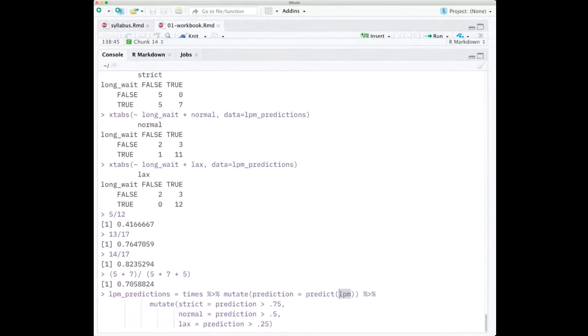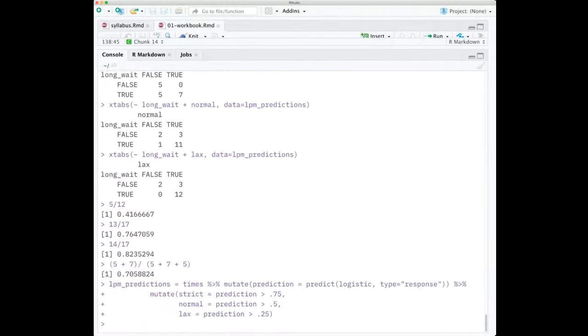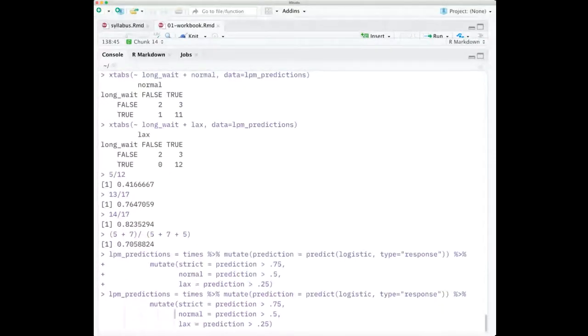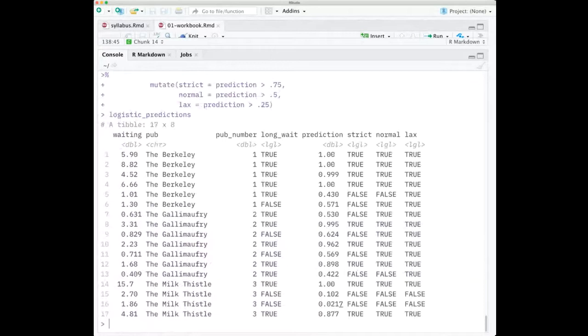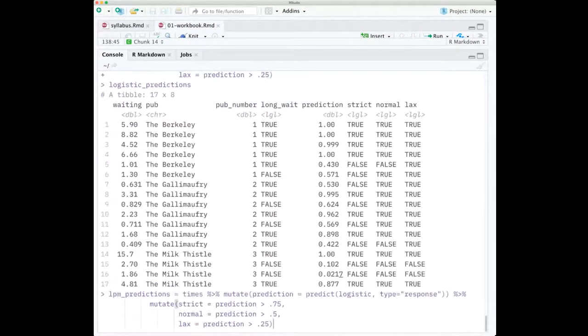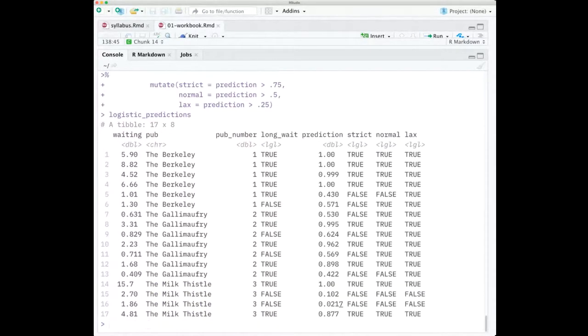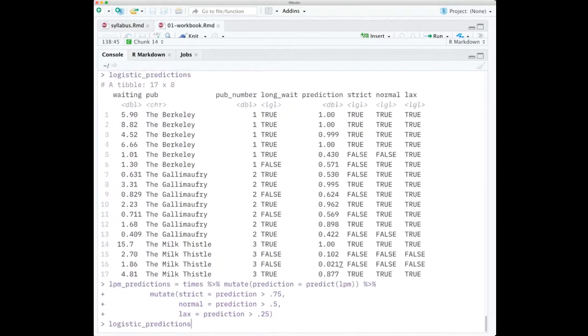Just to show you, if we're working with our logistic model, I still need to say type is equal to response, but then everything else is the same. Whoops, I should probably not save that as LPM predictions. I should save that as logistic predictions. Everything else is the same. However, if you do pick a different